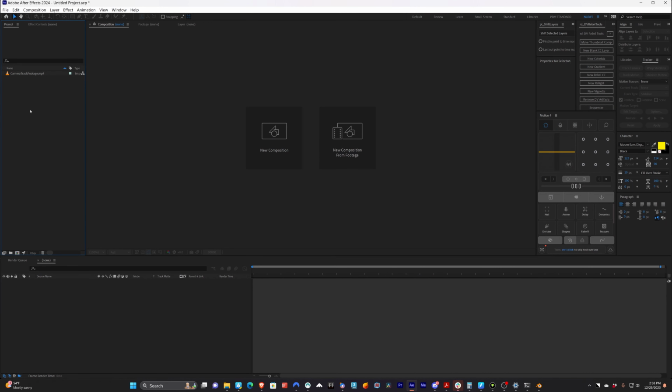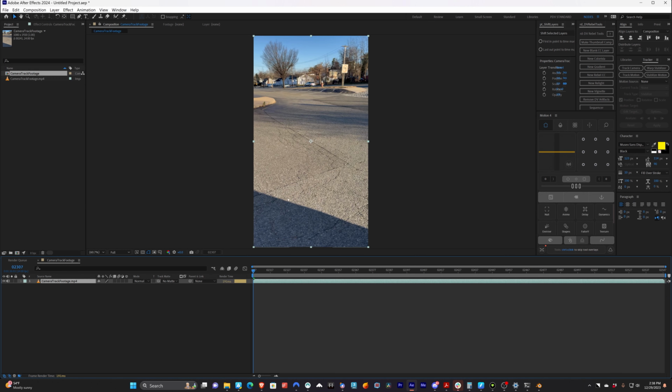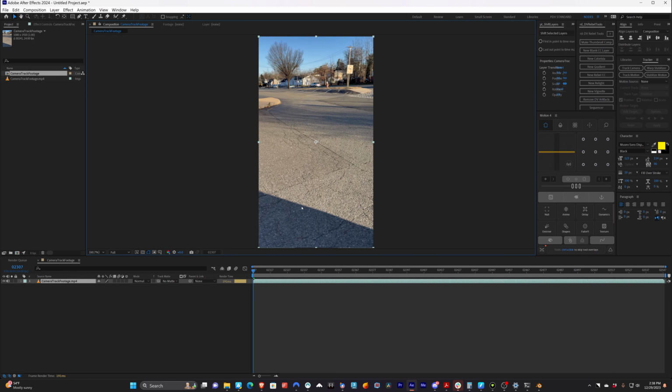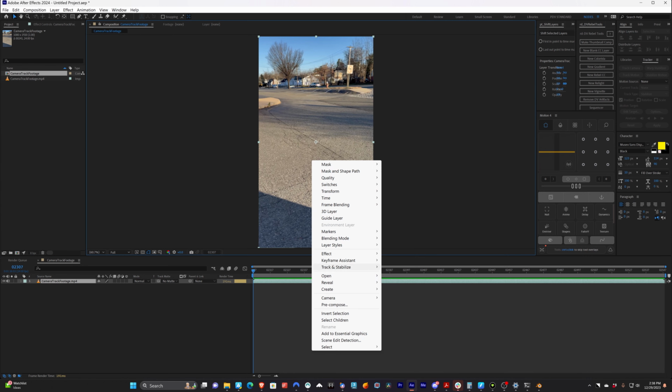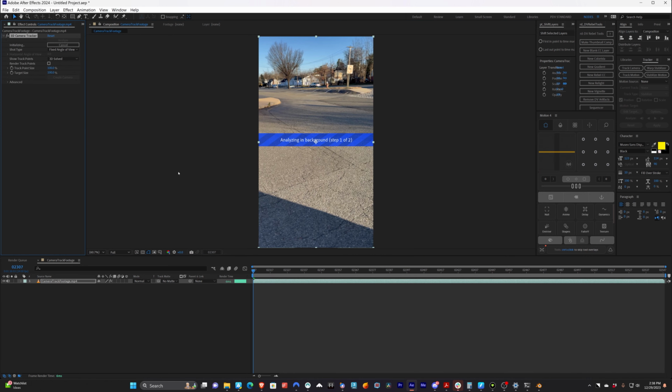Okay, so here we are inside of After Effects, and then we'll drag our footage into a new comp. And this is 9:16 footage shot on my iPhone. The process is the same for 16:9 footage. The first thing we're going to do is do a 3D camera track on our footage. So I'll just right click on our footage, go to track and track camera, and we'll let this do its